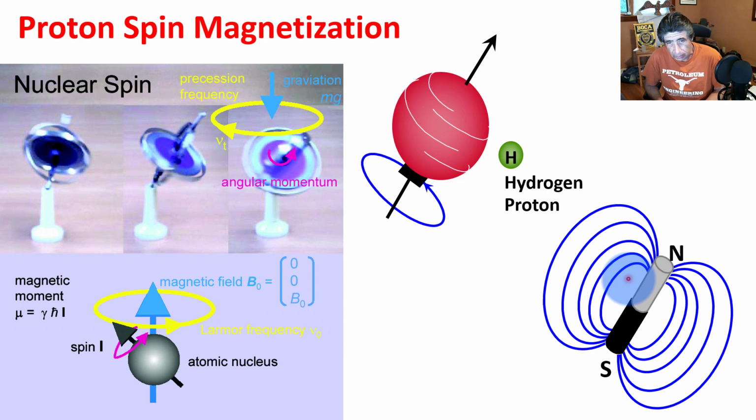The alignment is going to cause them to precess, or nutate if you will, at a particular frequency, and that frequency is the so-called Larmor frequency. The frequency depends on the intensity of the applied magnetic field, and it depends on the molecule